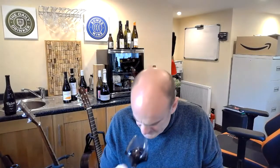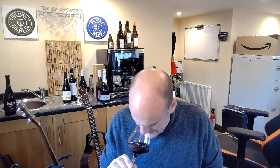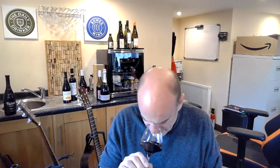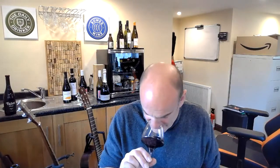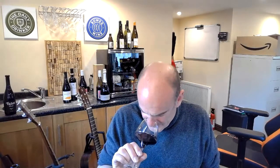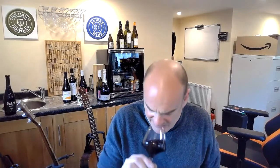Nose isn't pouring out of the glass. You have to kind of dive in there, get your nose right in there and have a good look. And it's got a sweet breadth of fruit. There's a ripeness here that really says these grapes have enjoyed really quite a sunny existence and got fully ripe. It's got a sweet cherry, black and red cherry fruit,